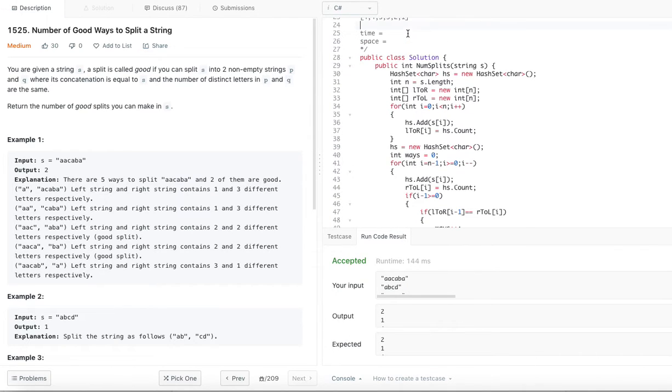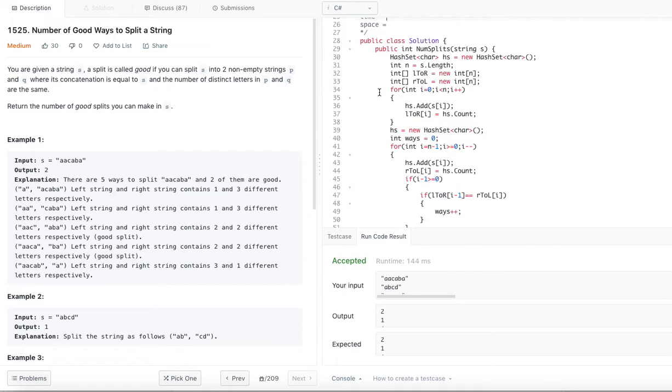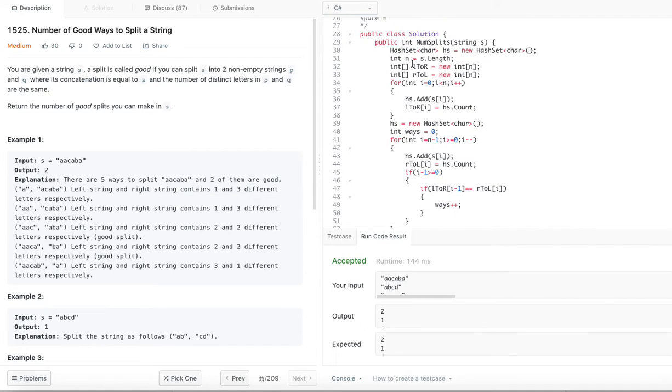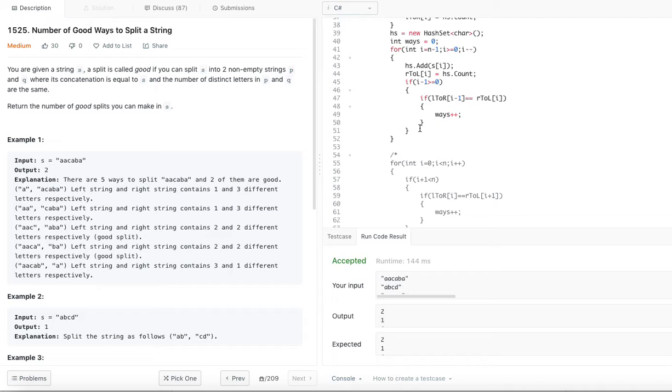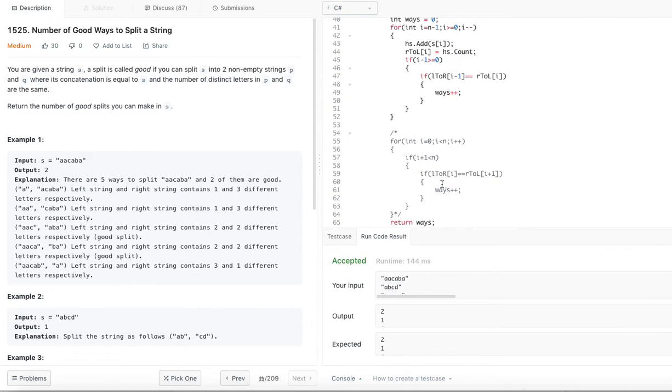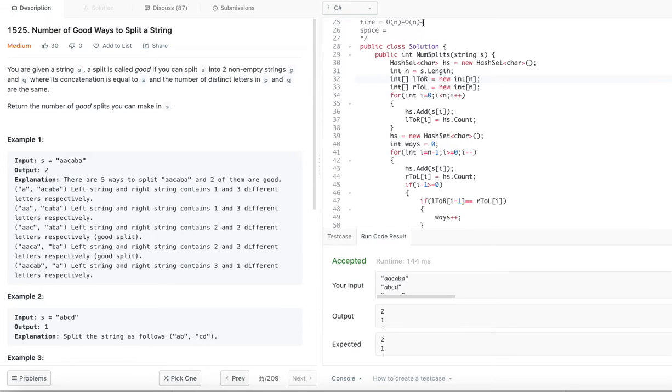Good. So time complexity. We are going through the entire string once, left to right, that is order of n. And we are going through right to left, that is order of n. And we are going through both arrays again, if at all we have to uncomment. But since I have that also in here, we will say order of n plus order of n, so that is order of 2n.